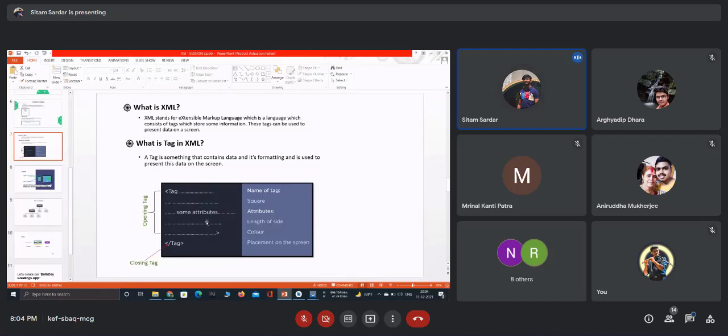What are attributes? Let's say I'm giving a tag name, square. What can be the properties of a square? Let's say I give you an assignment to draw a square. How can you draw it? I need to tell you the length of the side of the square. For more information, I can tell you the color.